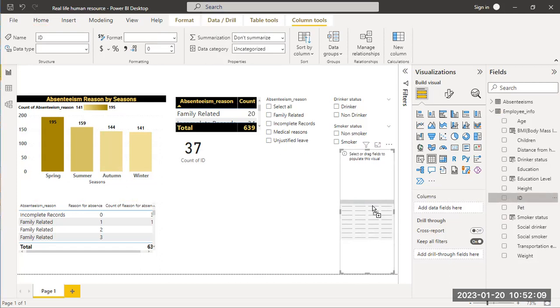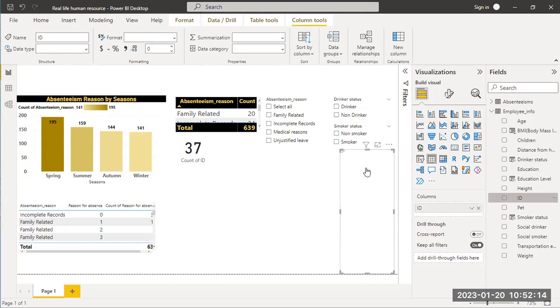I want to drag the ID column to the table we just created. So that should show me the list of all the employee IDs we have. Right. Now, the only thing that is missing is the health status, which I don't have here. But we're just going to go with drinker status and smoker status. So this should show me the list of all the IDs for the employees we have. You can see it here: 1, 2, 3, 4, and so on, down to